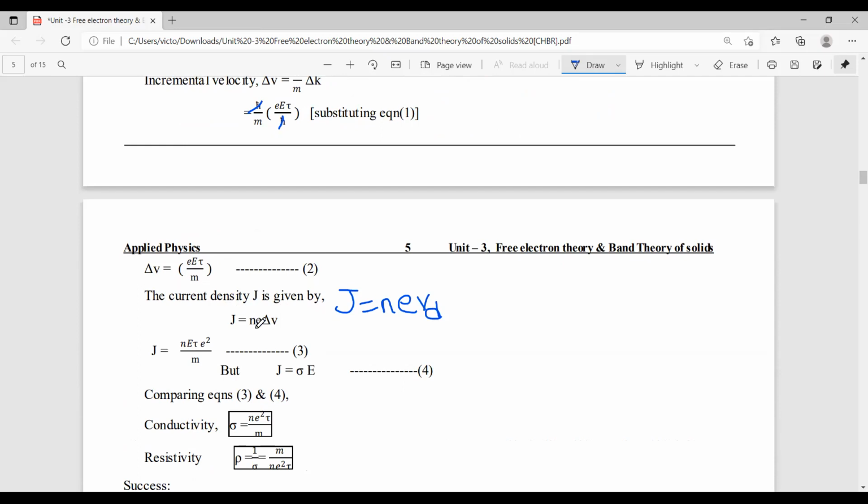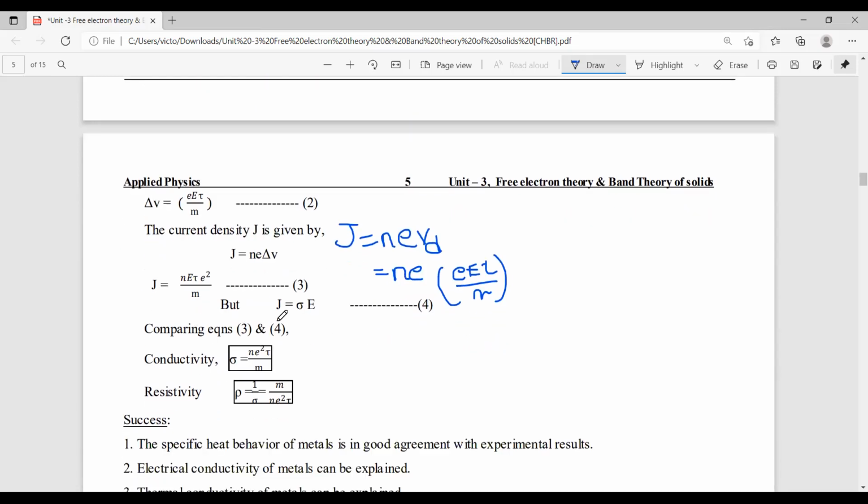Then n e times delta v, that is small e, capital E, t by m. Then we get n e square, capital E, t by m. But j is expressed in terms of conductivity as sigma into E. By comparing these two equations, that is n